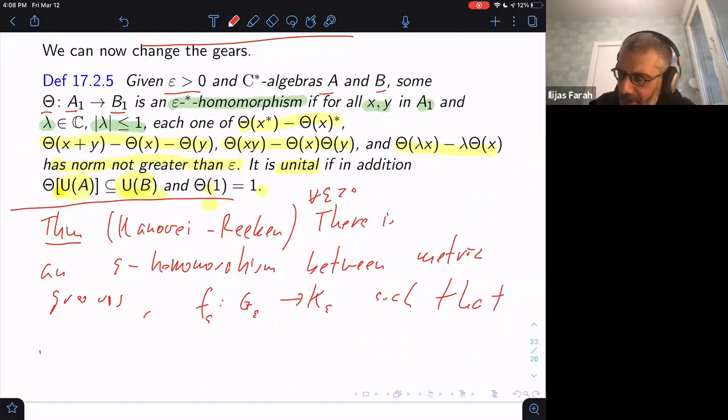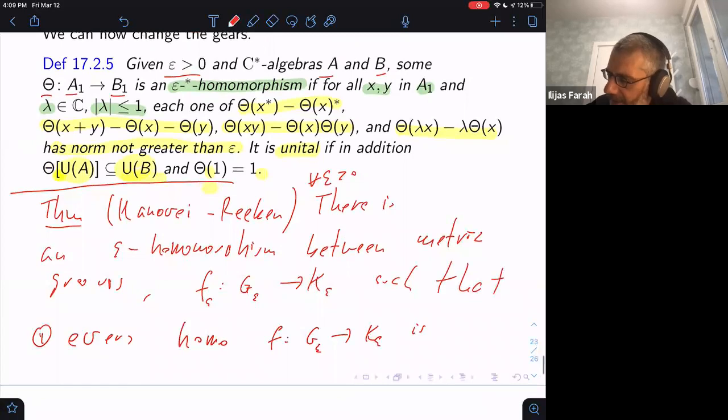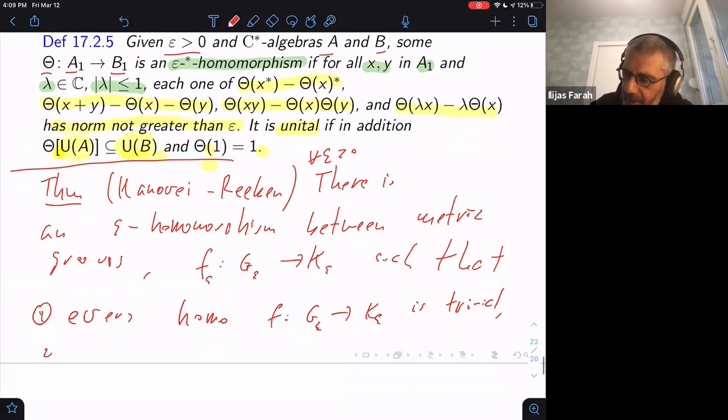Okay, such that one, every homomorphism f from G epsilon to K epsilon is trivial. I mean, basically, just everything goes into identity. And 2,